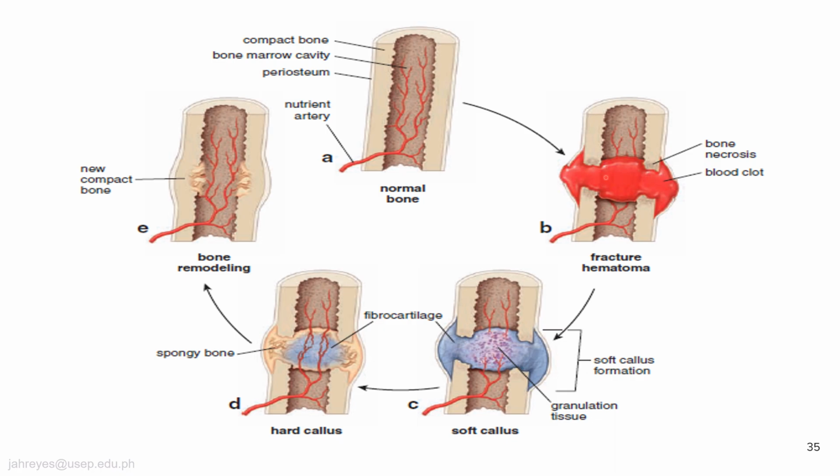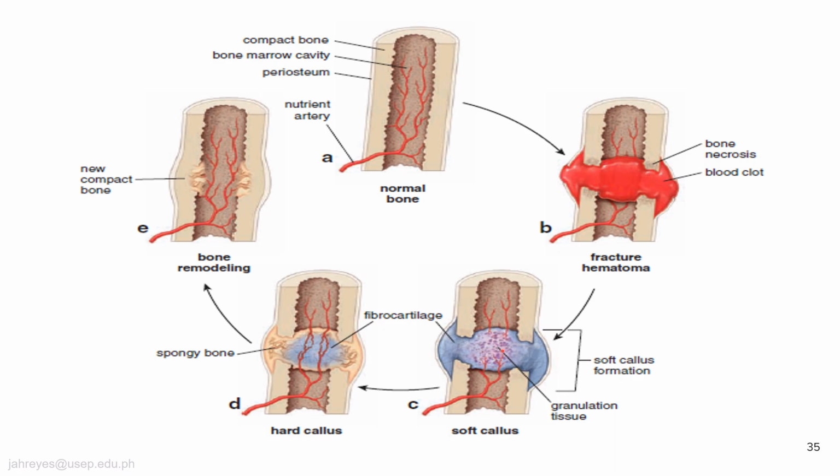So that is the fracture hematoma, as we also saw in the previous slide. Now, there is a formation of granulation tissue, or the pre-callus or the soft callus formation,